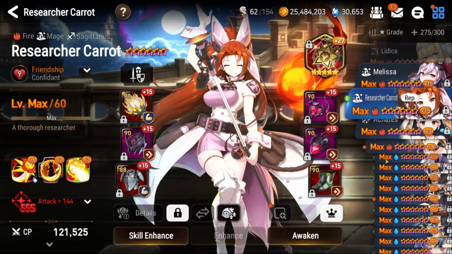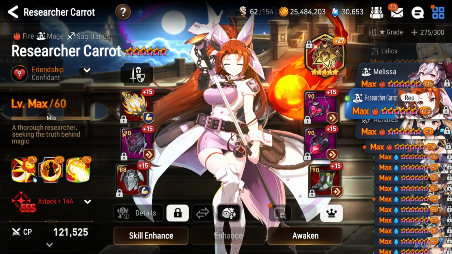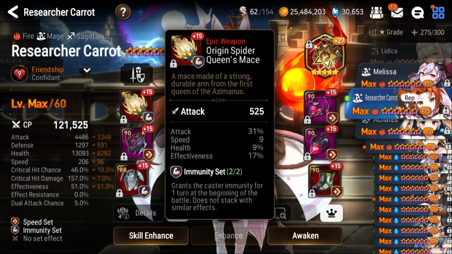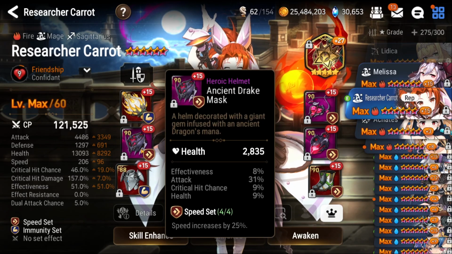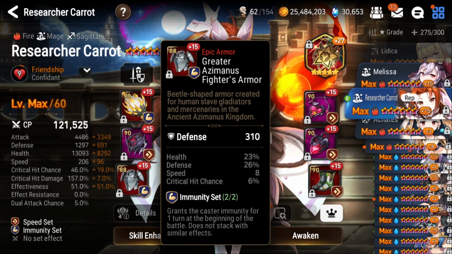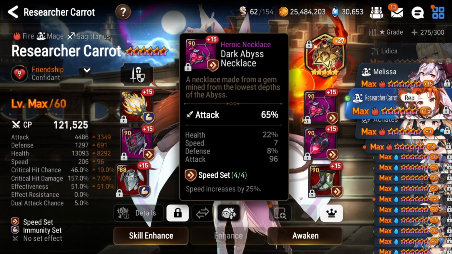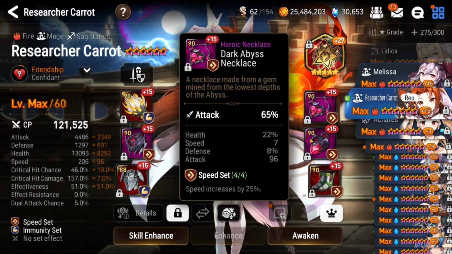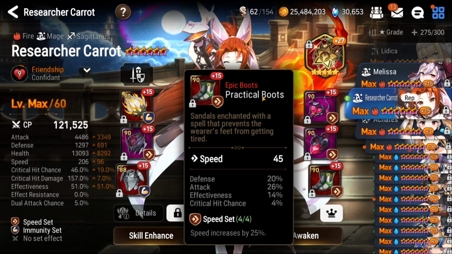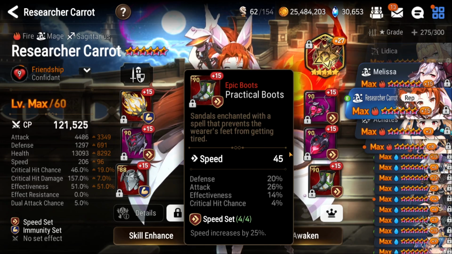Alright, next up we have one of my favorite units in the game, Researcher Carrot. So she is sitting here with a pretty decent stat spread. I don't think anything's changed from the last video, but she's rocking immunity. You don't want her to get debuffed. 206 speed, looking pretty nice. Fun to use as a kind of pseudo cleaver. Just have her, you know, go before the entire enemy team, right? You boost her up with someone like Rose. Rose has been my favorite attack buffer for her. Boost her up with Rose and have